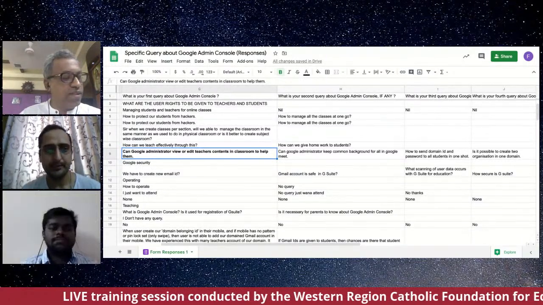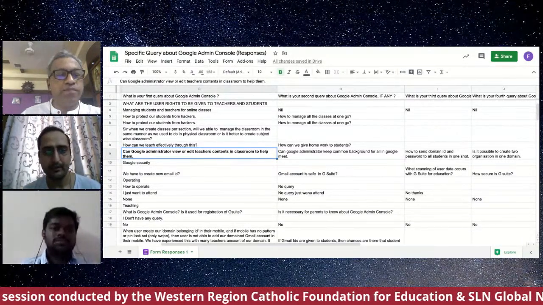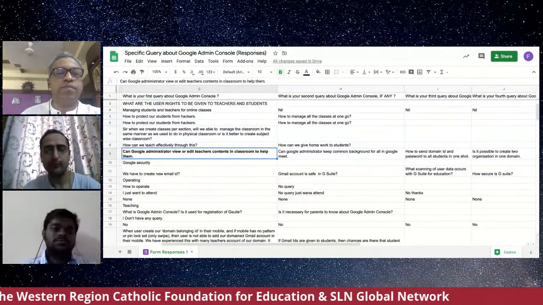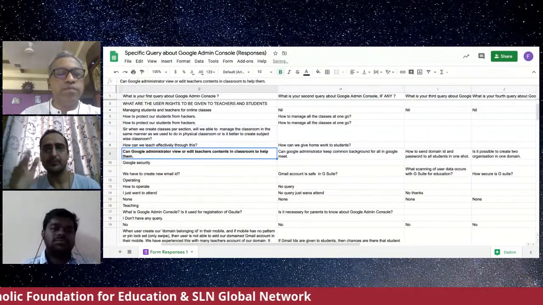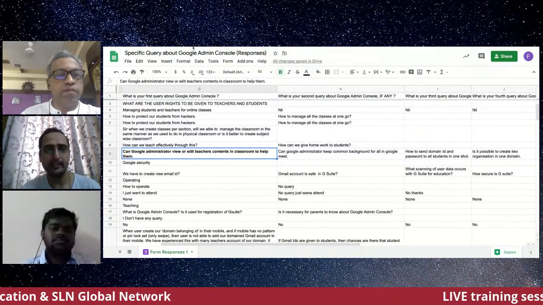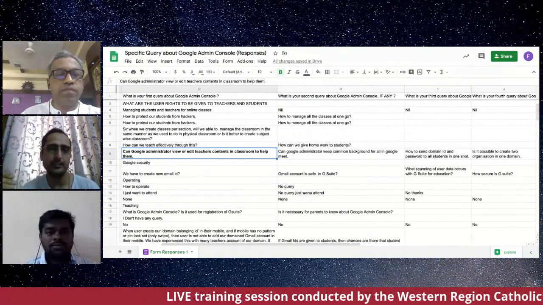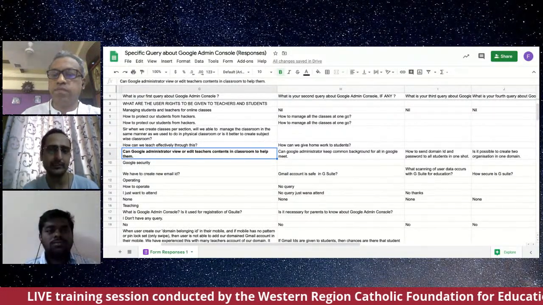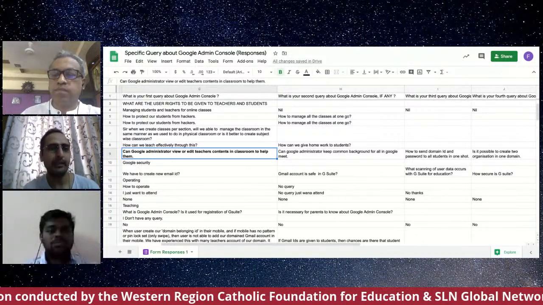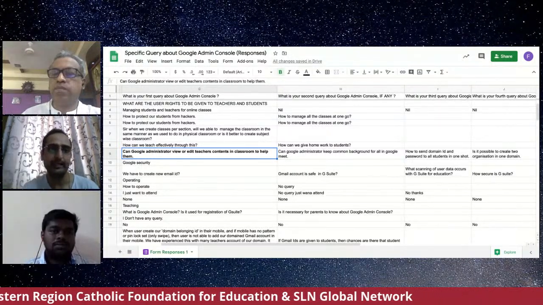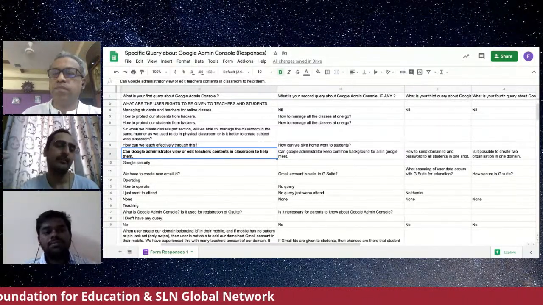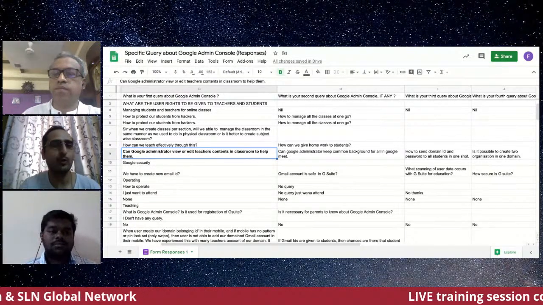Absolutely, it is possible, sir. So when we create a classroom, we have four tabs on the top, which are stream, classwork, people, and grade. Under the people tab, it gives me an option to invite other teachers. Similarly, I can invite my administrator. I just have to add their email address, and I can invite them as a co-teacher for that class,